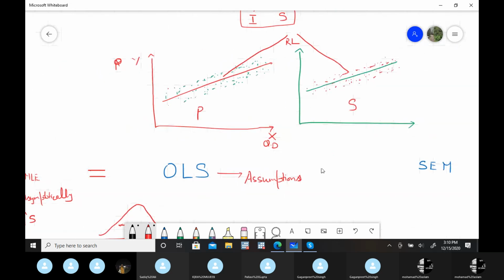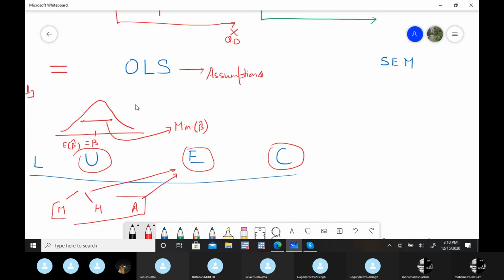So this is the basic thing in all your econometric methods, I think up to 80%. This is what we are dealing with. One way or the other, we are applying some method. Then after applying that method, we have to cross-check whether these properties are fulfilled or not. If not, what are the causes of that problem and what are the remedial solutions?